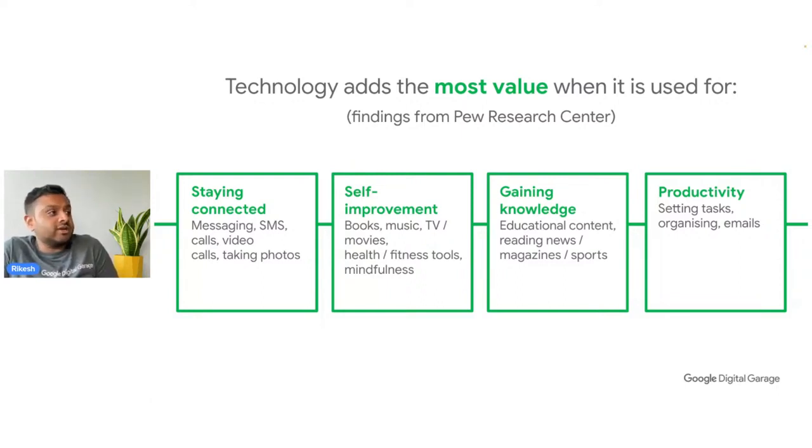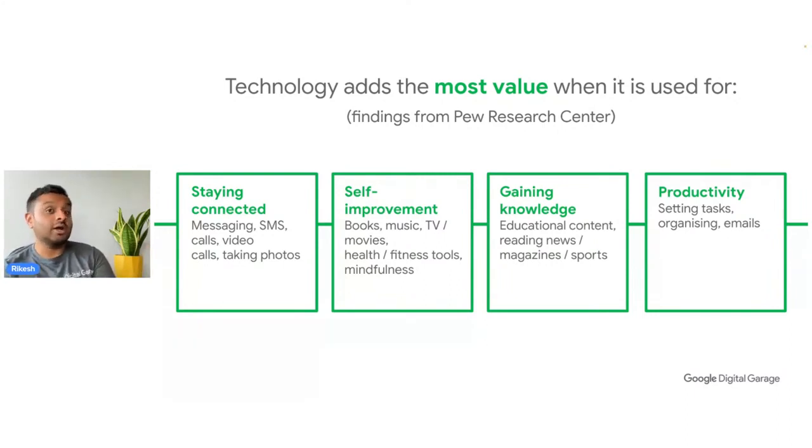And then you can also see technology adds value through productivity. So you can schedule out your week. We're on Monday right now, or if you're tuned in from a country a little bit further ahead time-wise of the UK, you might be in Tuesday, but you can plan out the rest of your week in your calendar. You've got reminders, and then you've also got emails, so you can keep on top of what's coming through in terms of work and even personal life, and stay very organized. So that's what the Pew Research Center findings found in terms of where technology adds the most value to us.